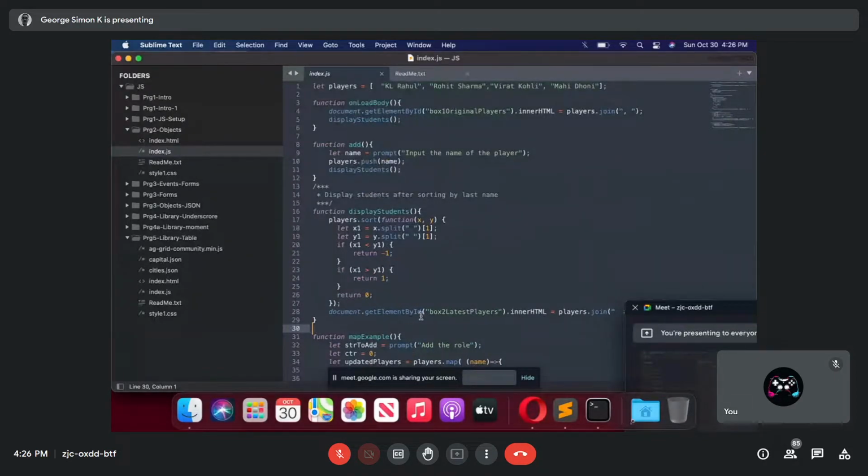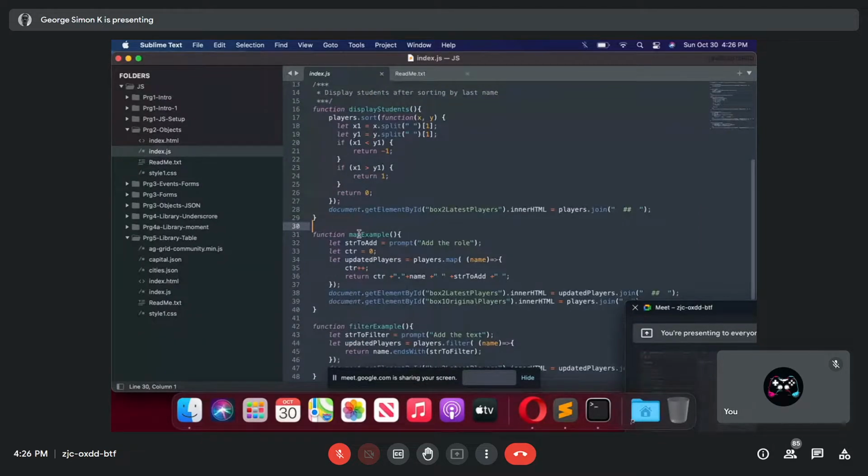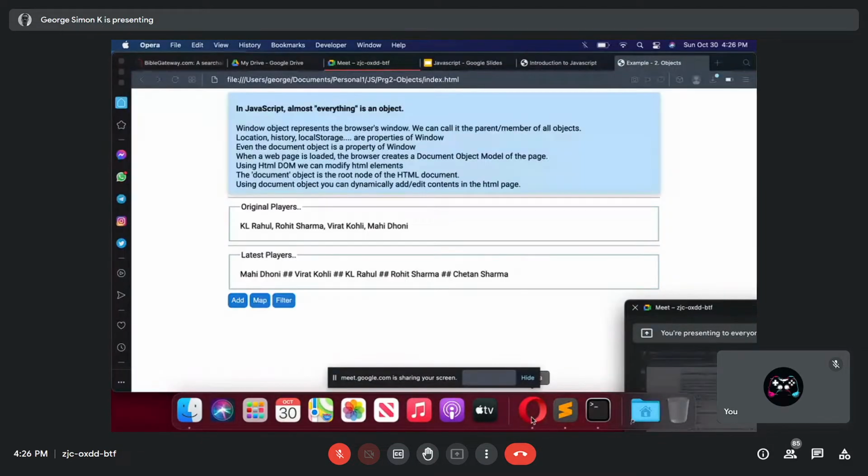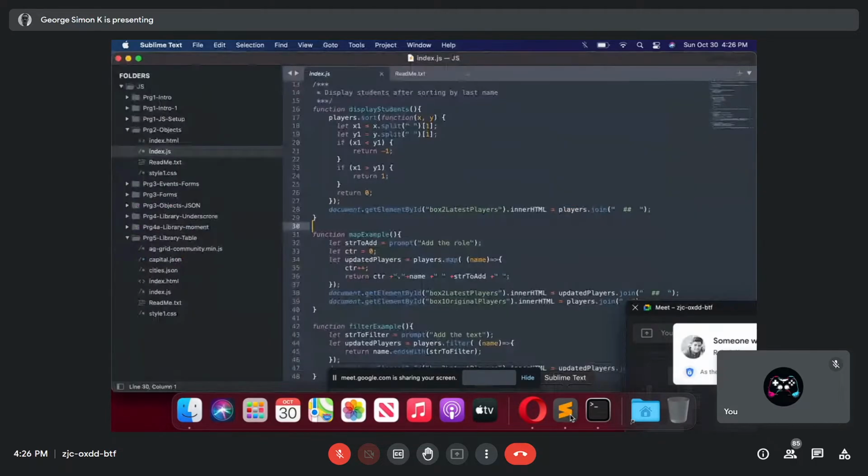When I added Chetan Sharma earlier, it actually changed the array. So into the players, it added Chetan Sharma. But now these methods called map or filter won't alter the existing array, but will create a separate array with the modified values. Just 2 examples. One is using map and one is using filter.